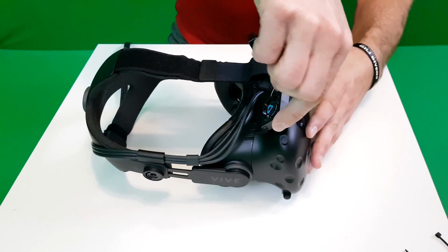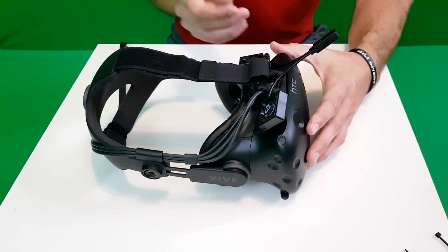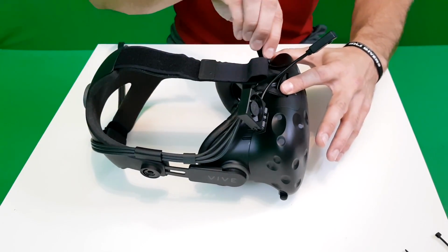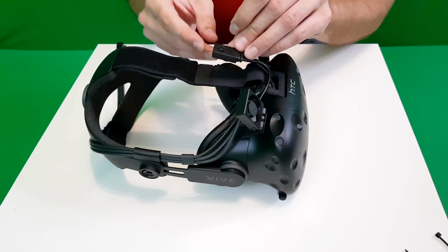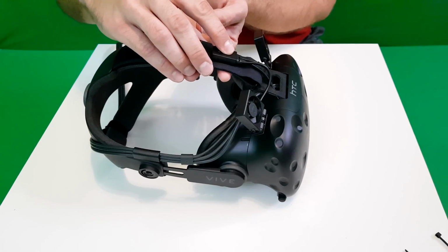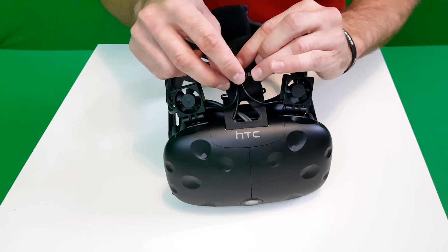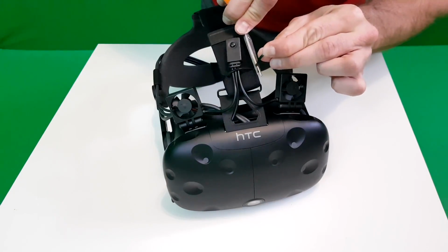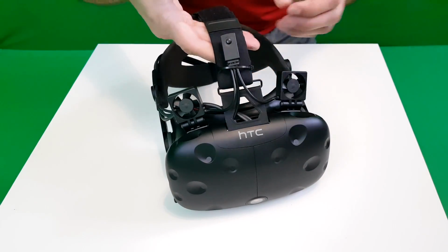So here we go. Now both are attached, and as you can see, I don't think the cables are blocking out too much of the airflow at all, so I'm not too worried about that. You can of course adjust the fans wherever you like, and the top part of the ViveNChill with that button where you turn it on and turn it off, I would recommend you attach it in some way to the HTC Vive strap up there. And well, I did it very simple. I just attached it with the included strap. I cut it off, and well,